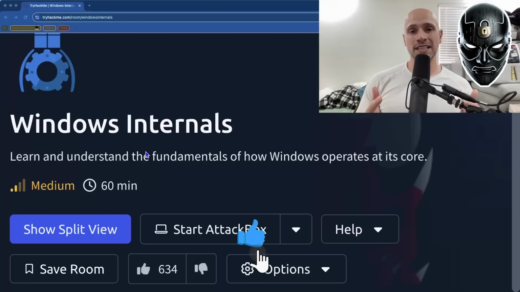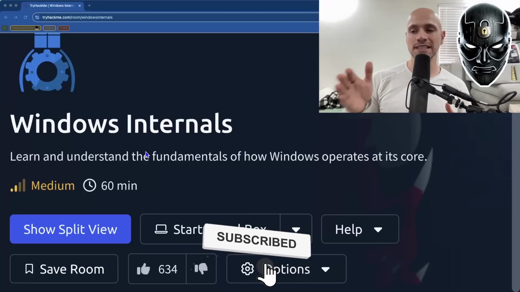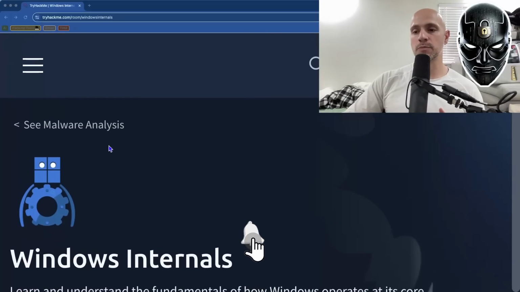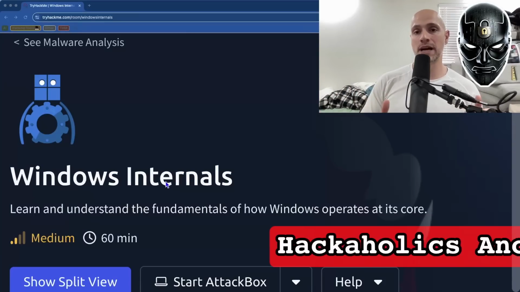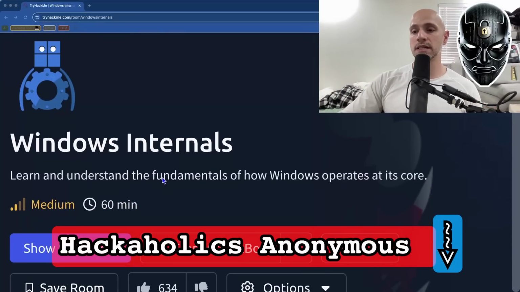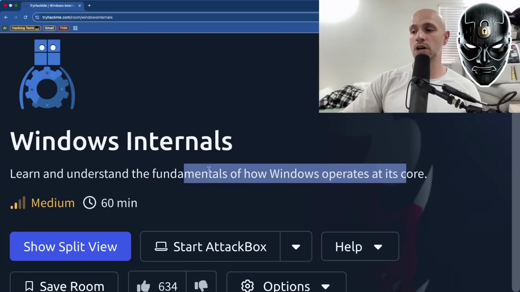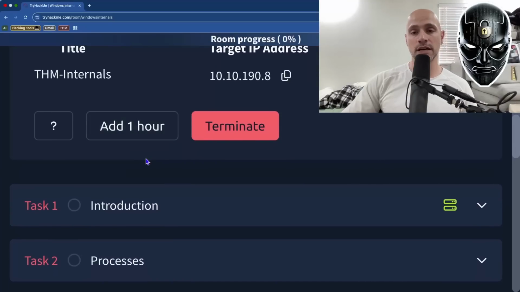In episode 40 of the SOC Level 2 training series, we're going to go through the Windows internals room, which is a part of the malware analysis module of the SOC Level 2 pathway of TryHackMe. And inside of the Windows internals room, we're basically going to understand the fundamentals of how Windows operates at its core, because most of the malware and most of the attacks that are done inside of the enterprise environment are